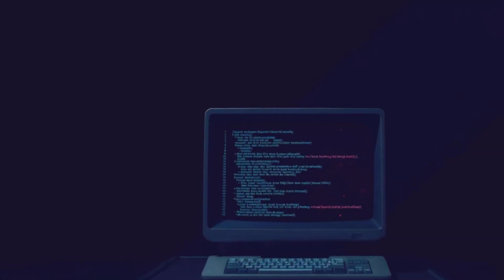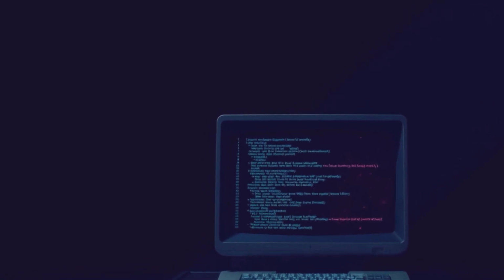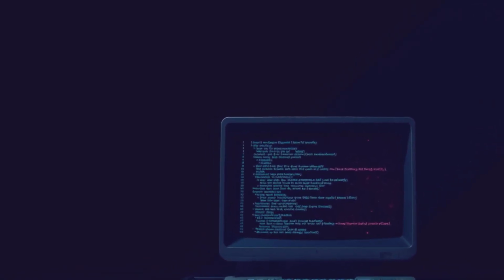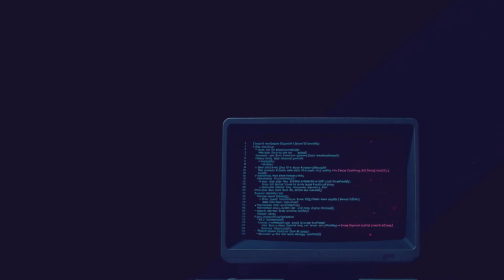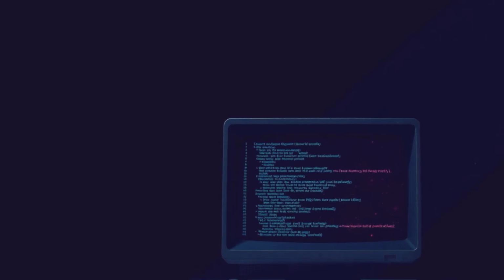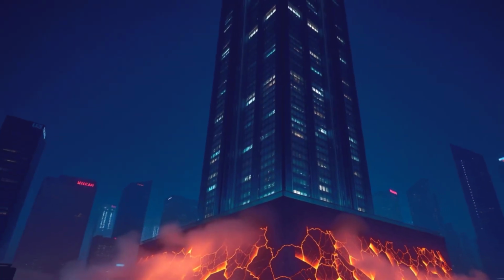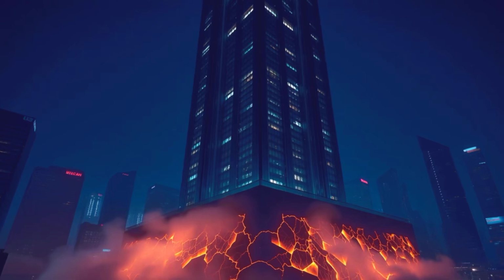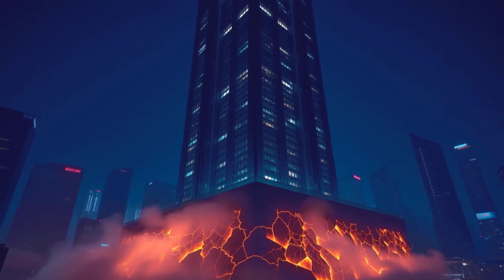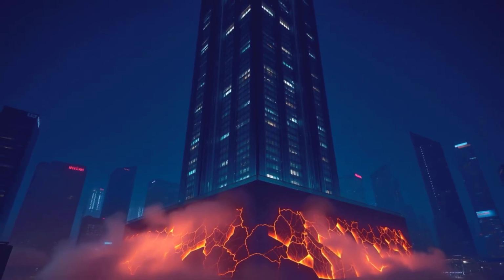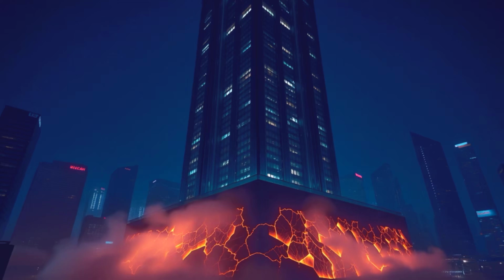How does this rot manifest? It takes on many ugly forms. The most famous is spaghetti code. Have you ever tried to understand a function only to find yourself jumping between a dozen different files, following a twisted, illogical path of calls and dependencies that seems to have no beginning and no end? That's spaghetti code. It lacks a clear control flow, making it nearly impossible to debug or modify without causing unintended